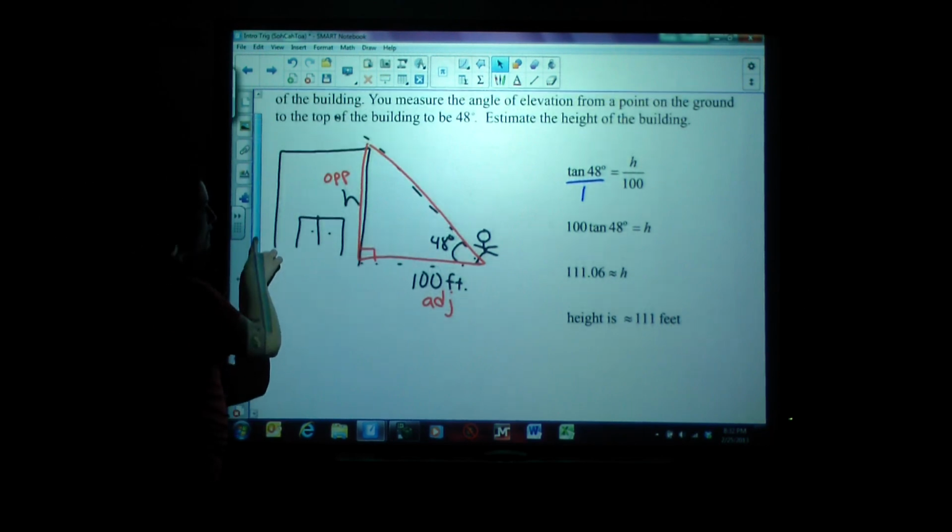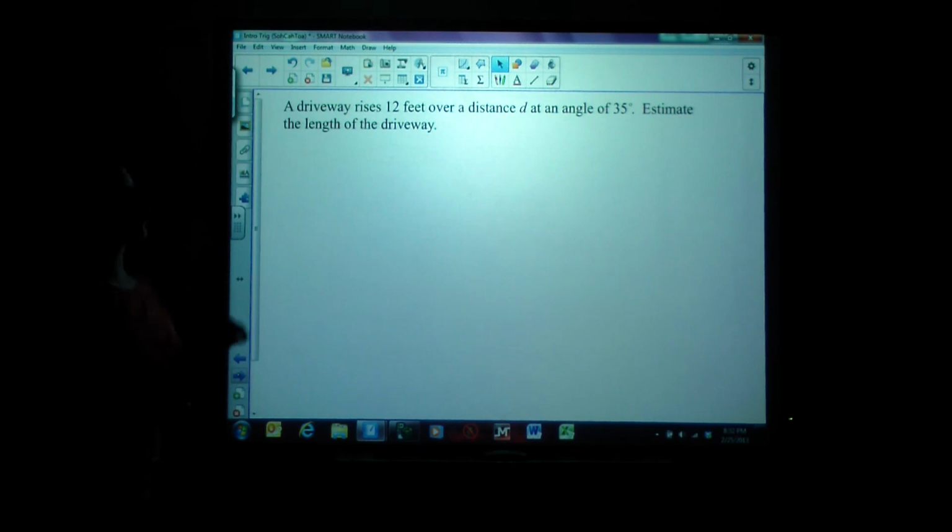Okay, hopefully that went well. Let's try one more word problem. Here we go. A driveway rises 12